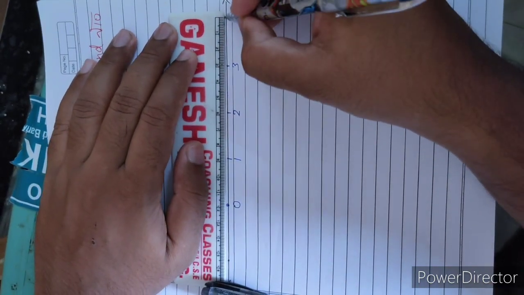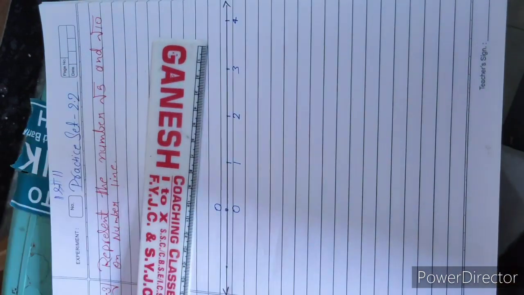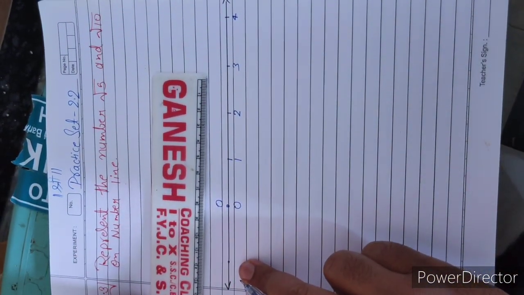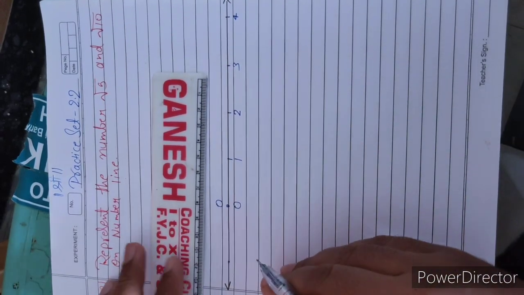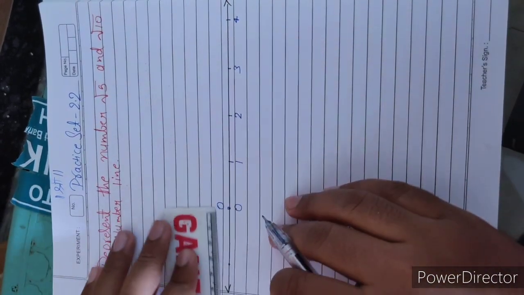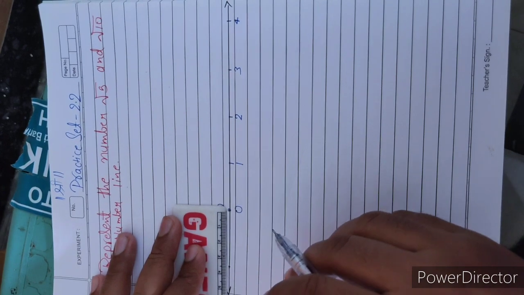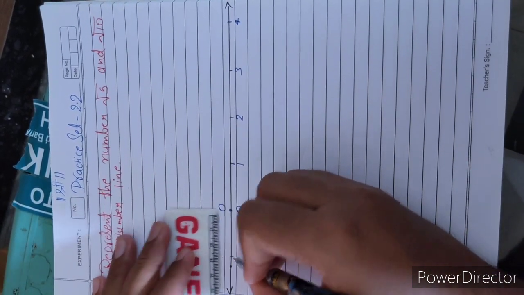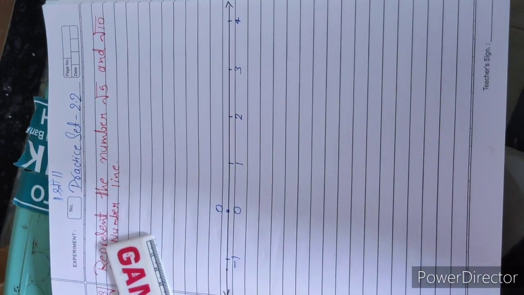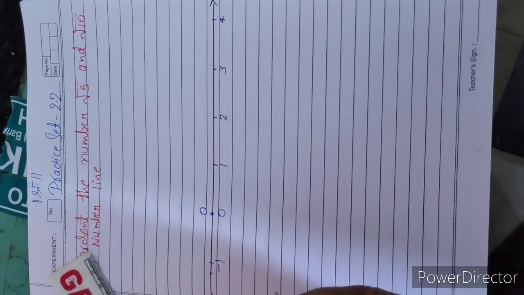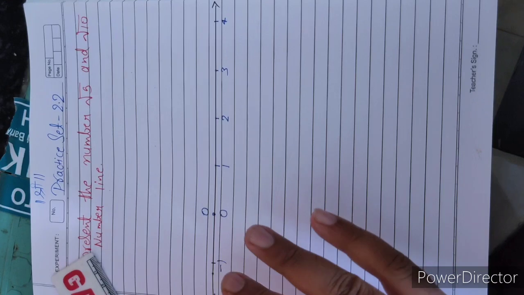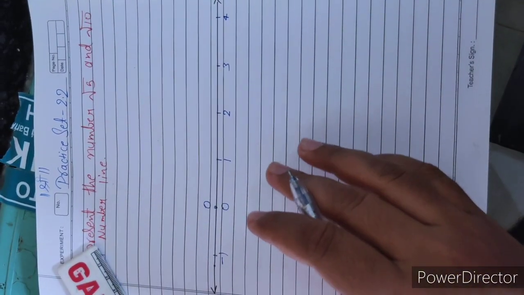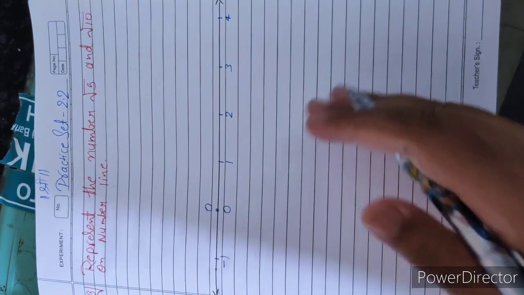We need not represent anything on the left-hand side because the number is not going to the left-hand side, but for showing the line we have to place at least one point here. So here we are placing -1. Root 5, we can't show so easily on the number line. For showing root 5 we have to use some calculation.